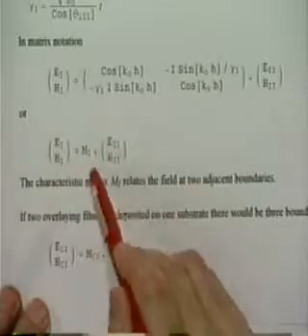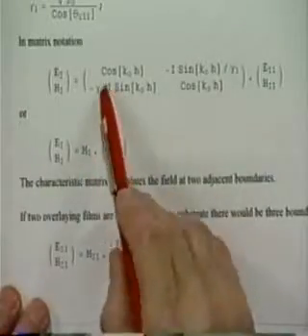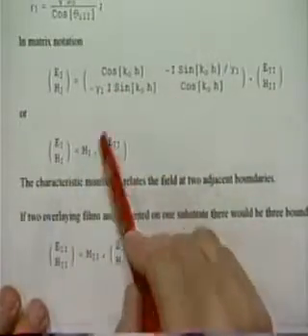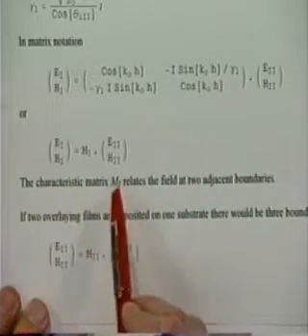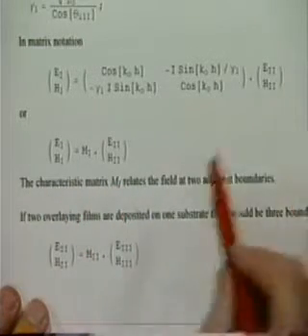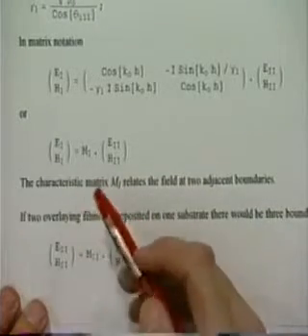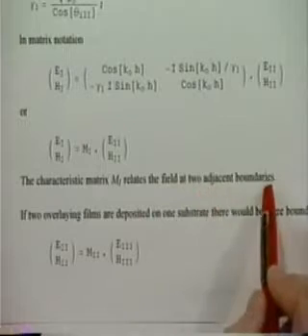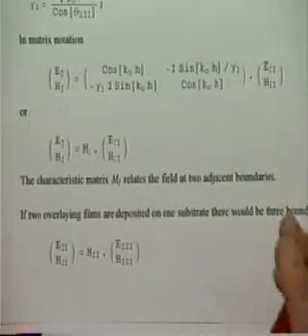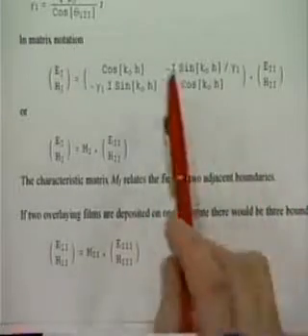And so we can call this mess right here M1, and we'll give that the name of the characteristic matrix. So that's the characteristic matrix that relates the field at two adjacent boundaries here. And so it's